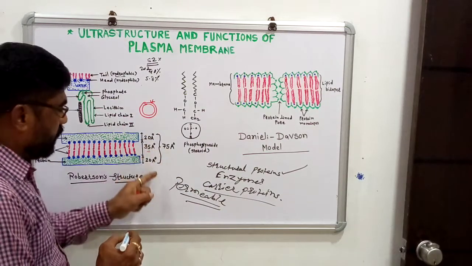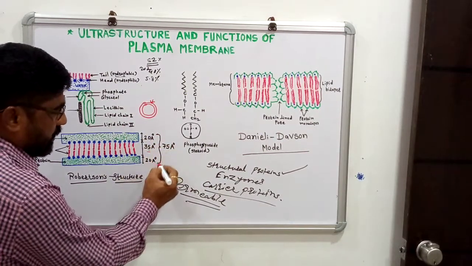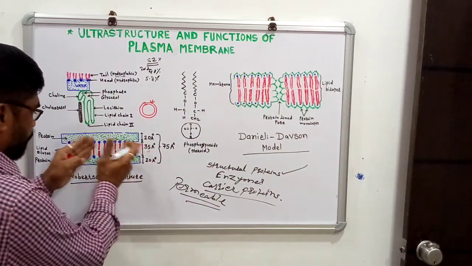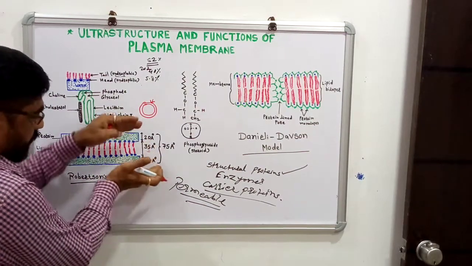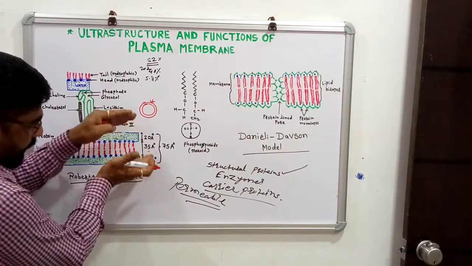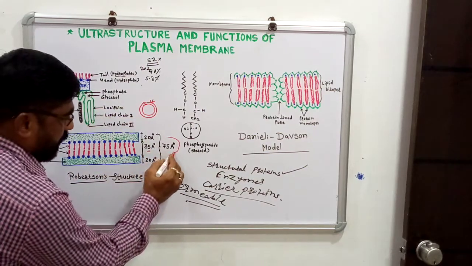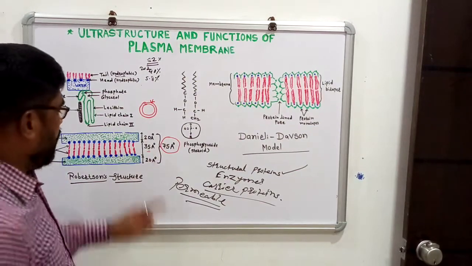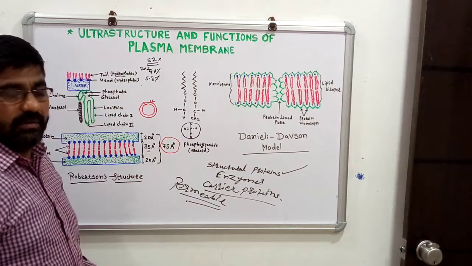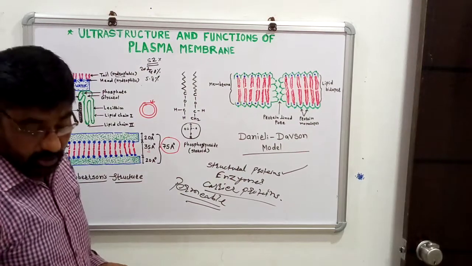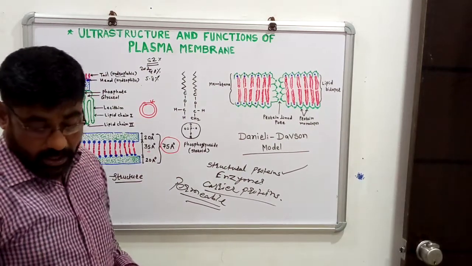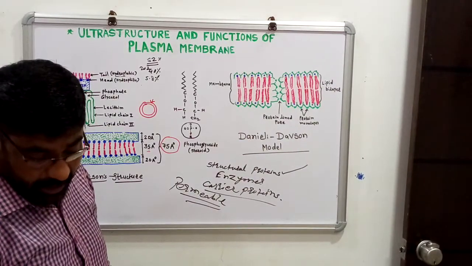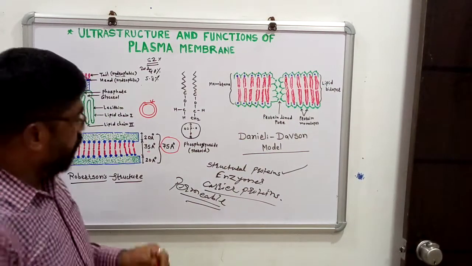So mutually, the thickness of the plasma membrane, with some spaces also present, but the lipid and protein trilaminar structure is up to 75 angstrom units. Its thickness, up to 75 angstrom units, is the thickness of the plasma membrane. So it was considered the trilaminar structure of the plasma membrane, that is lipid and protein bilayers, and